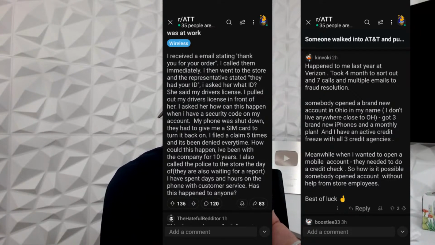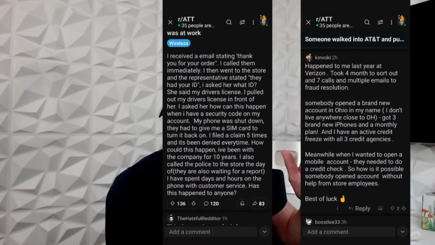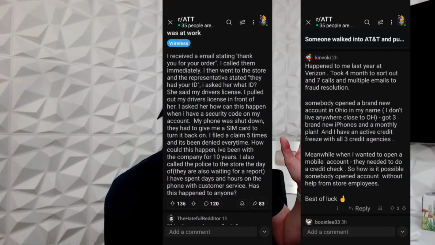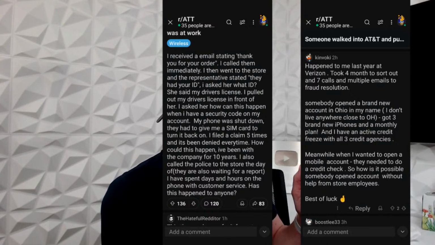So this first one says, I received an email stating, thank you for your order. Now, this involves iPhones and stealing somebody's identity to order a new iPhone. This person says, and this is in the AT&T thread, I just received an email stating, thank you for your order. I called them immediately. I then went to the store, and a representative said they had my ID. I asked her what ID. The AT&T rep said, my driver's license. I pulled out my driver's license in front of her and